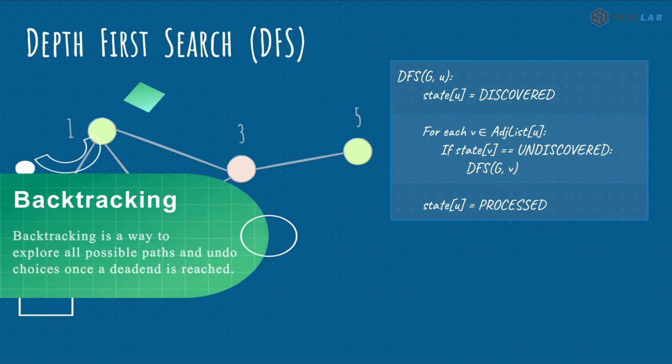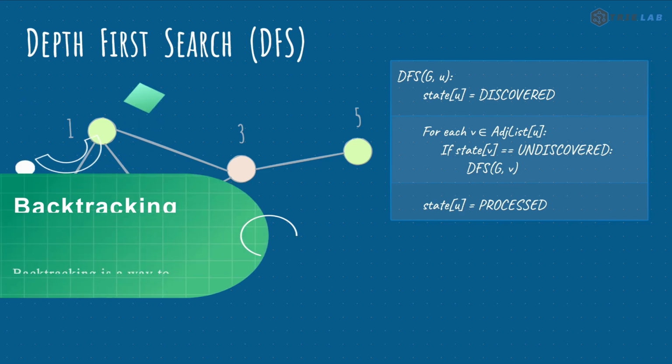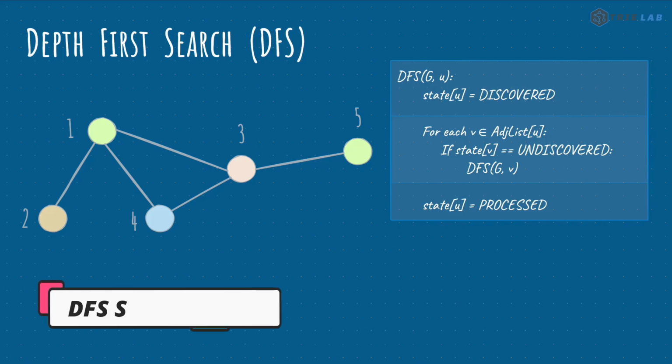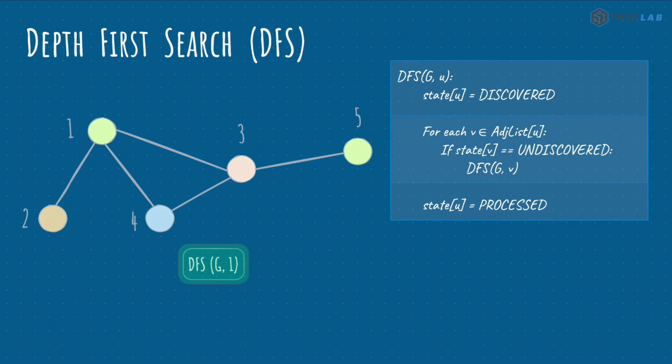Let's walk through a simulation using a recursive DFS tree to understand how it all fits together. Let's say we start with node 1. We mark it as discovered, and now we have an option to choose one of its adjacent nodes to recurse into. So let's say we recurse into node 2. We mark node 2 as discovered, and since it has no undiscovered adjacent nodes, we mark it as processed and then return back up the recursion